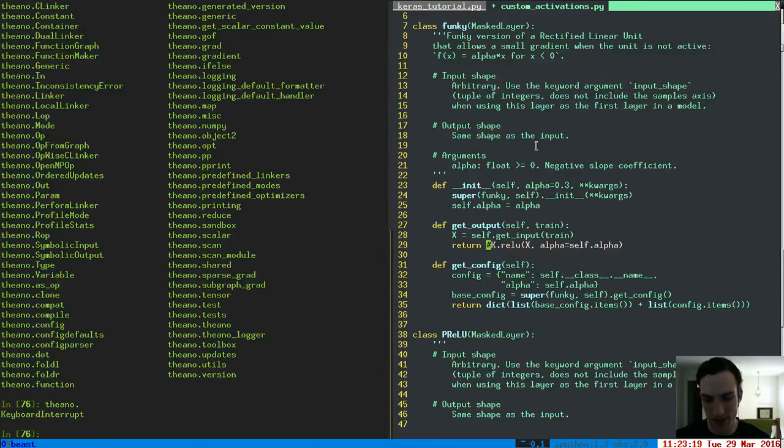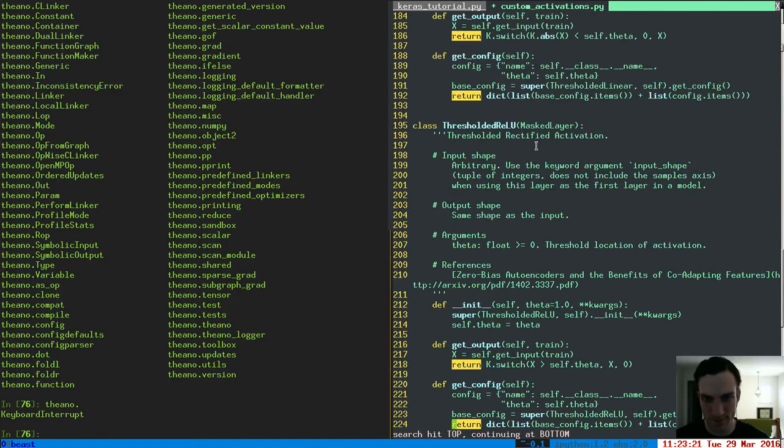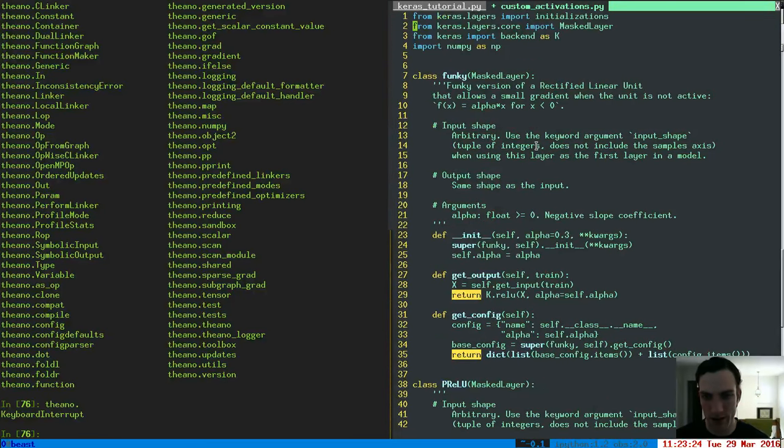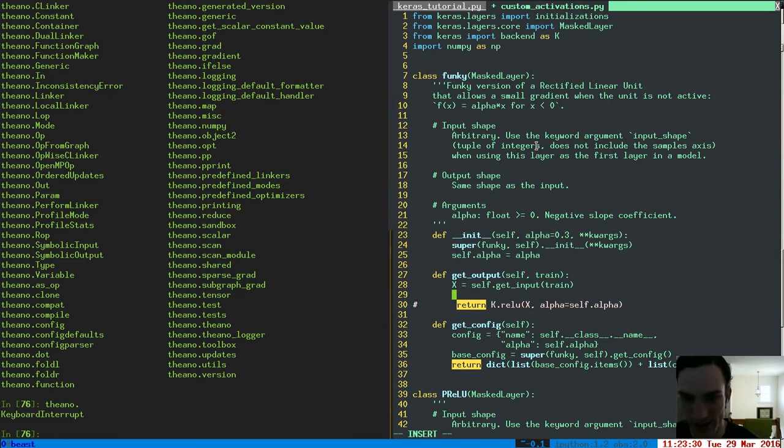NumPy probably doesn't work on the tensor objects that Keras and Theano are going to use. So if I say something like numpy.arctan of x, for the sake of argument,